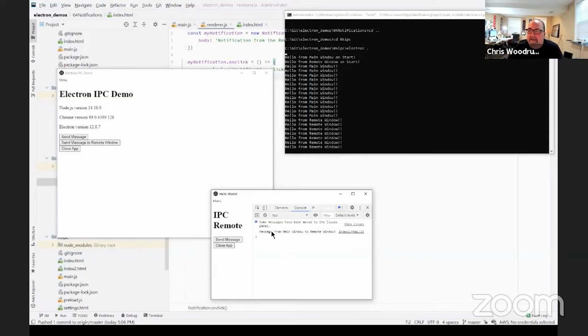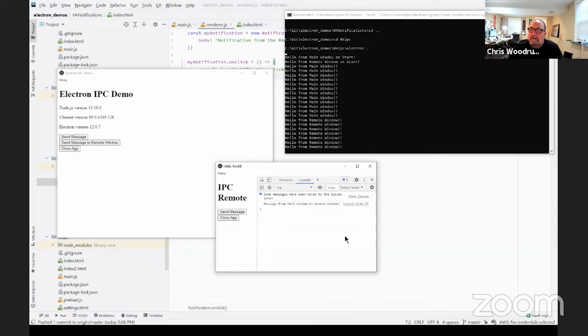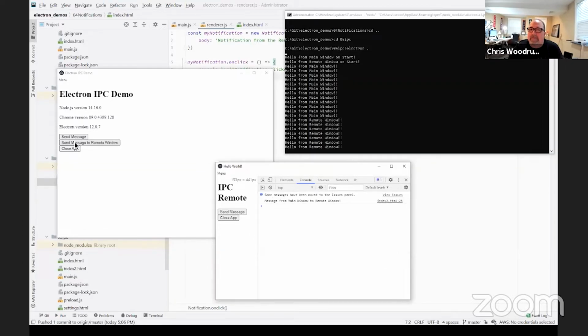As you can see from the console, I have the Chrome window tools opened up. So if I send that over, it will say message from main window came over. So there's been 2 of them so far.